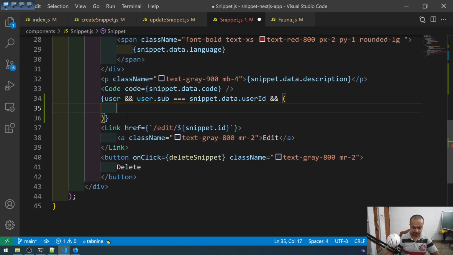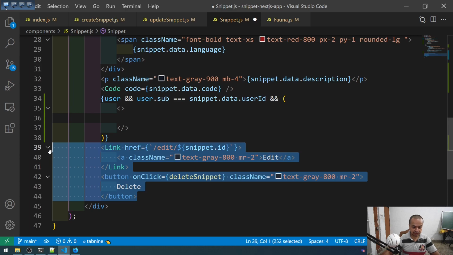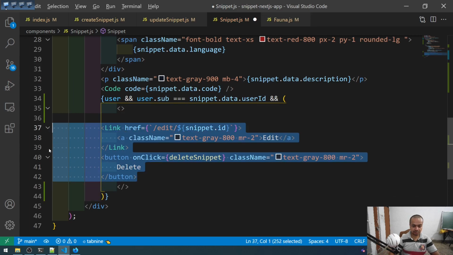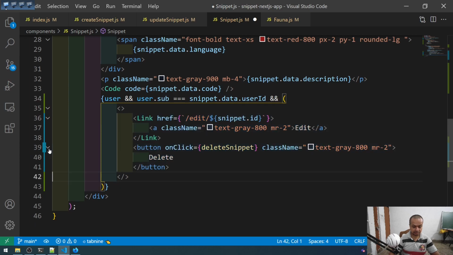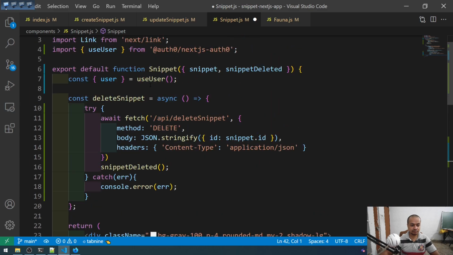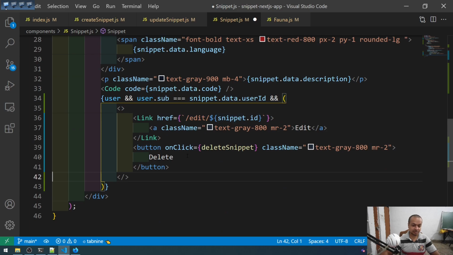So both of them are different, so we have to wrap it in a fragment also, or else it will give an error. So fragment, and like this we need to do it. So user dot sub is equal to the snippet, whatever the snippet is there. So snippet comes here, snippet dot data dot user ID. Okay, so then only we will show it. So let me save it